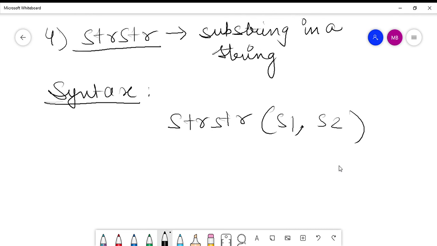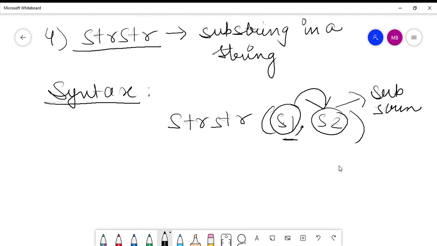So the function strstr will search string s1 for string s2. So it will see whether s2 is there in s1. That is, it is searching the string s1 to see whether string s2 is in s1. So that means s2 is the substring here and s1 is the string here.